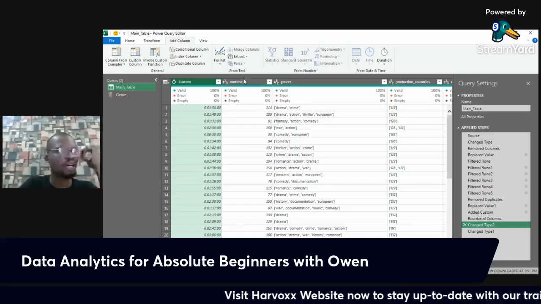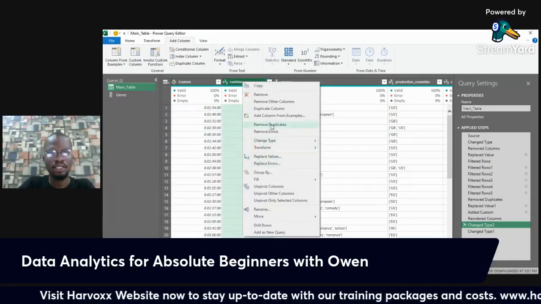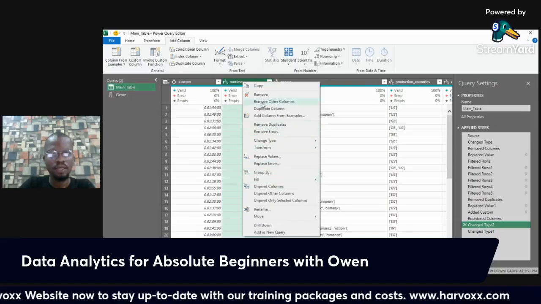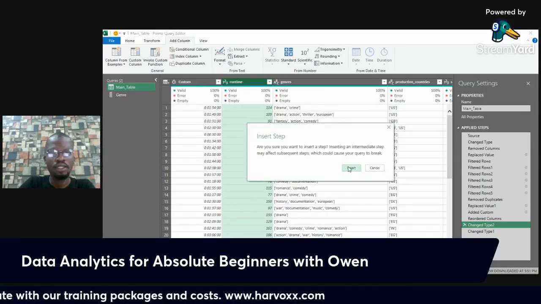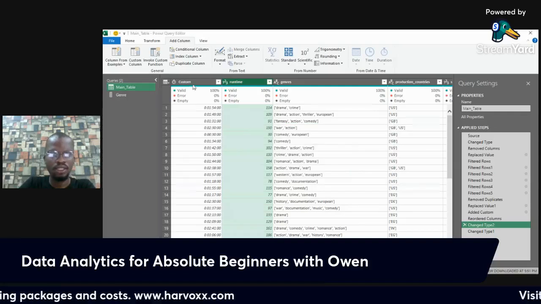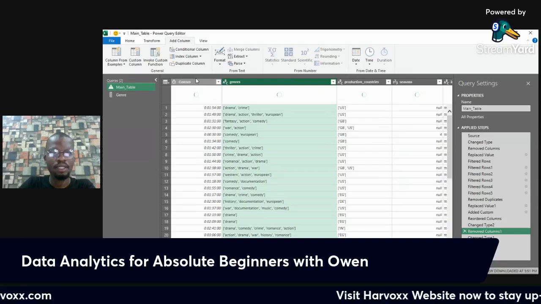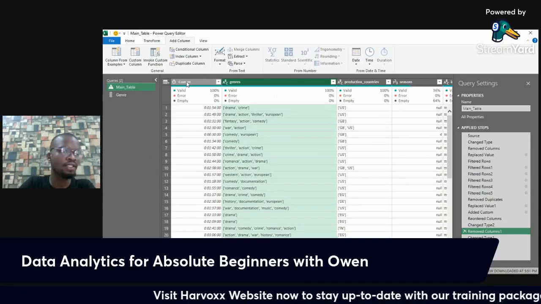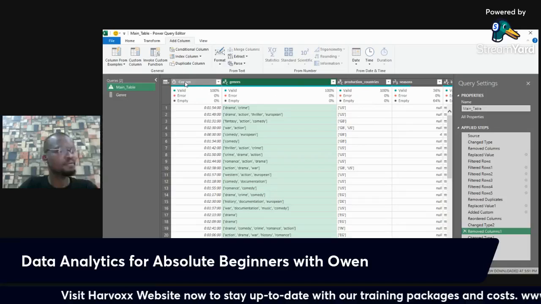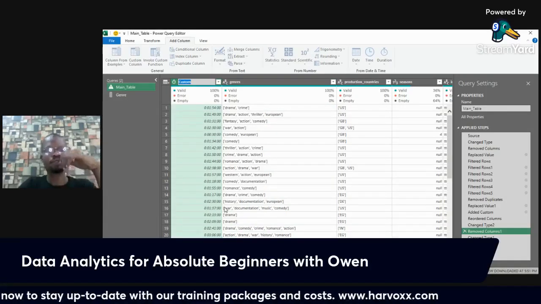So I can delete this column, and then yes, insert step, and then I can rename custom as runtime.